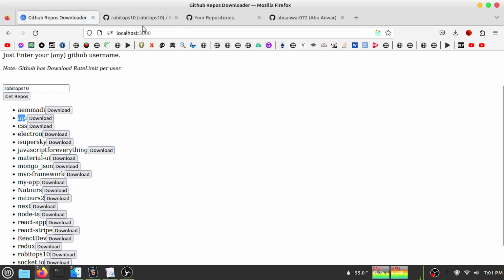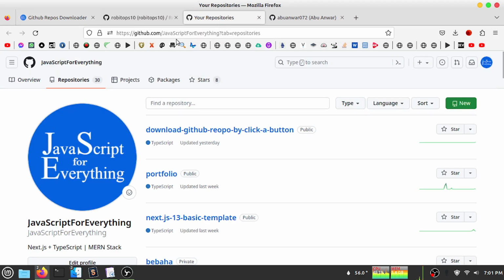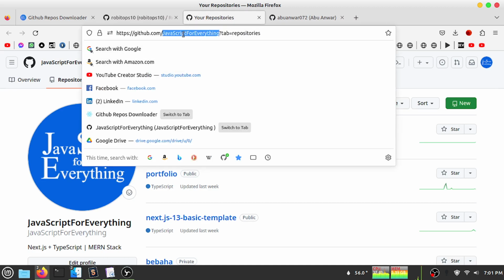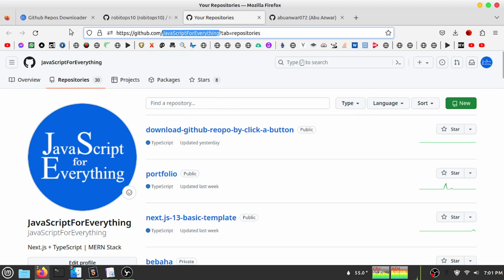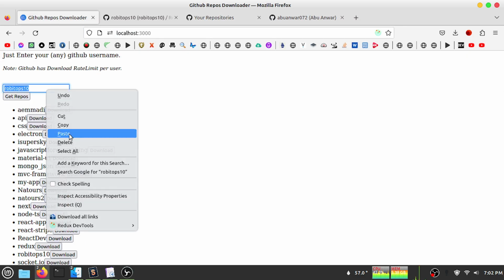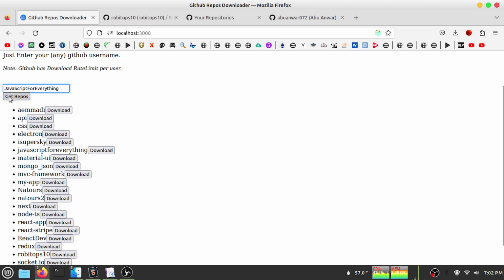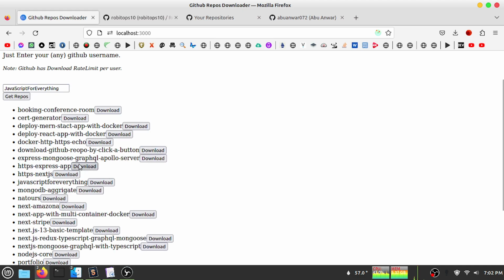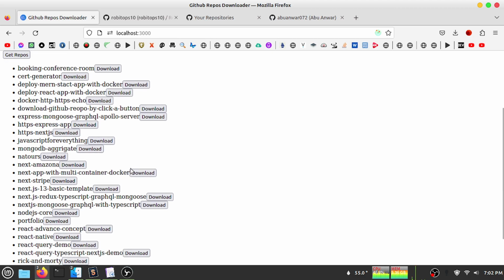Let's check out another repository from another user, like JavaScript for everything. Now if I click this button, I can see my new repositories from JavaScript for everything. Let's download another repository, for example Netters, this project. If I click this button,